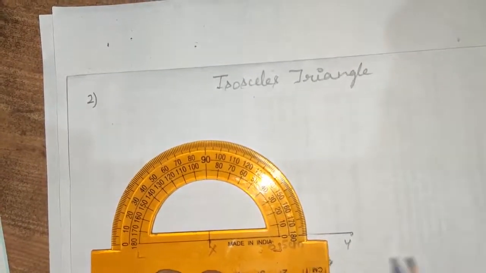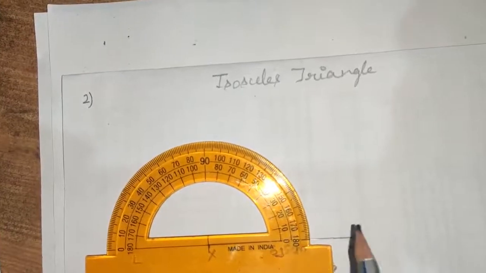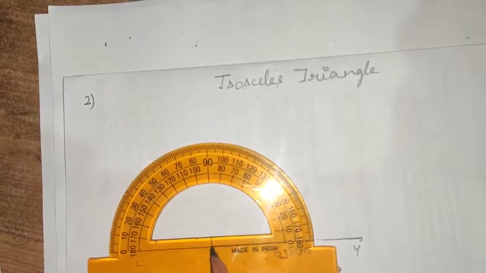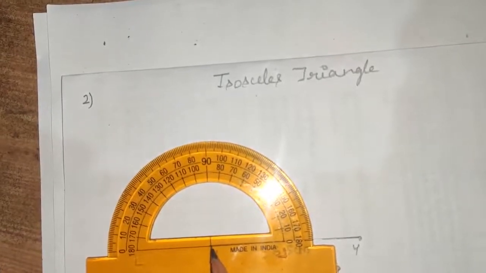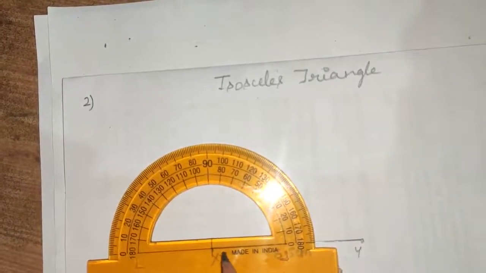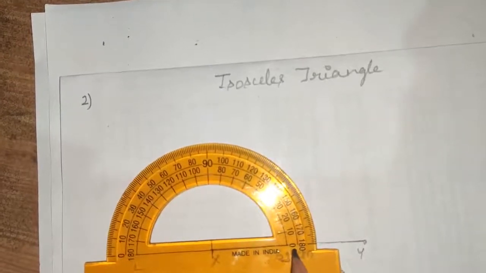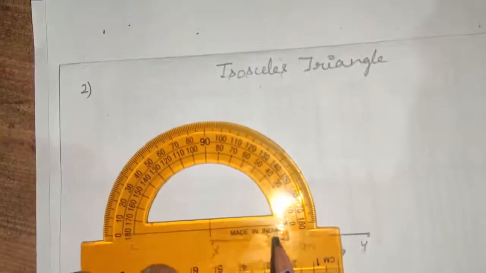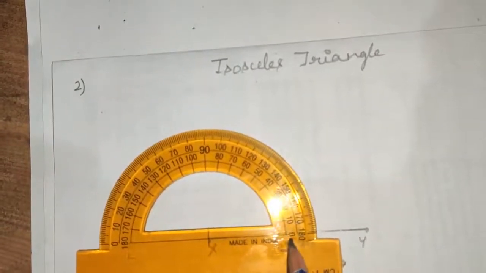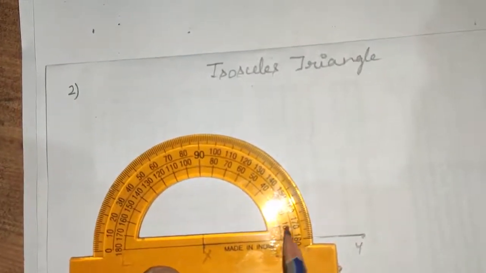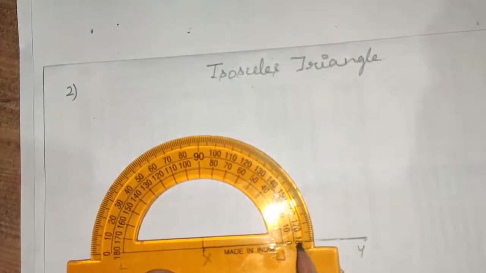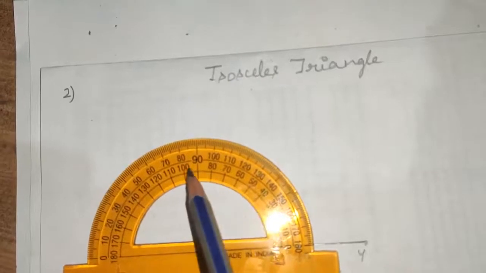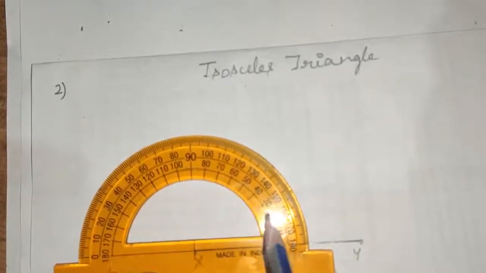Now here you will make the mistake. Wherever we are putting this protractor, look at the 0. Where is the 0 on the line? So this is the line, and we are putting it here. So 0 is on this line, this row 0. Here there is 180, here there is 0. So the series that starts with 0 is the one we have to look at here. So we will look at the inner scale.